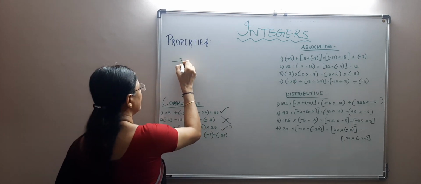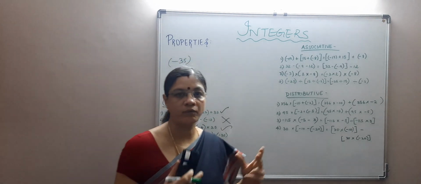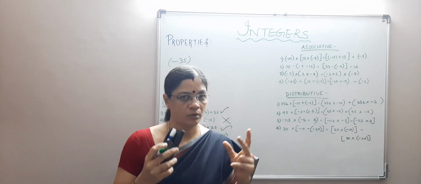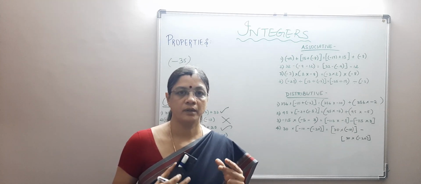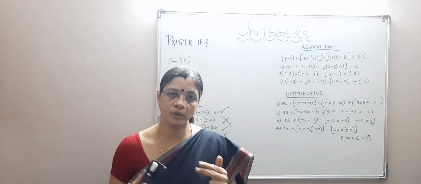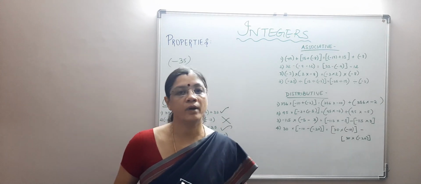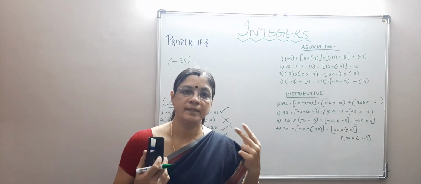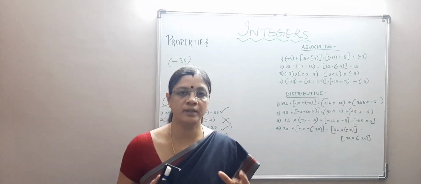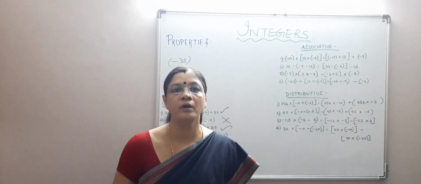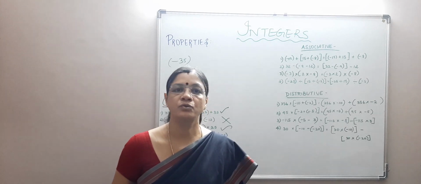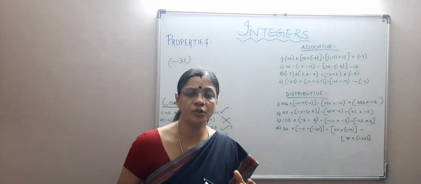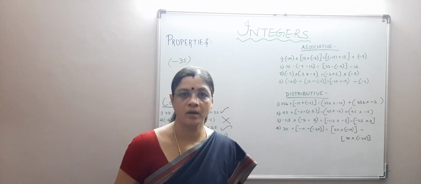Mostly division, in all the sets we have seen, natural numbers, whole numbers, and now integers, is the odd man out among all the operations, because all the numbers starting from the natural numbers, whole numbers and integers, they don't have fractions in them, isn't it? But when we divide numbers, certain numbers are not divisible by the divisors, isn't it? So they stay as fractions, and fractions don't belong to the integer set. So among the properties, division is the only operation which doesn't obey any of the properties.